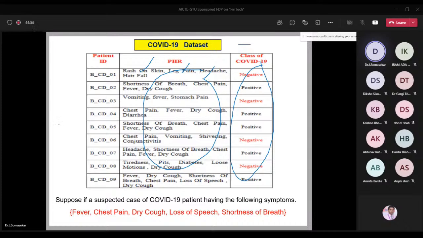So X comma Y are input, then it will make a model f of X, and whenever a new patient comes for testing, we can call it an active patient. We can give the X value, that means all the features X1, X2, and so on up to Xn. Then we can predict whether the person has COVID positive or not. Let us assume the person has COVID positive. So that is the meaning of the definition of machine learning. We are giving input as well as output to the system.